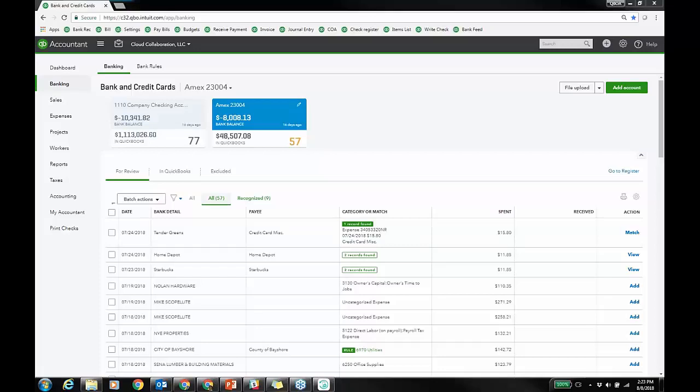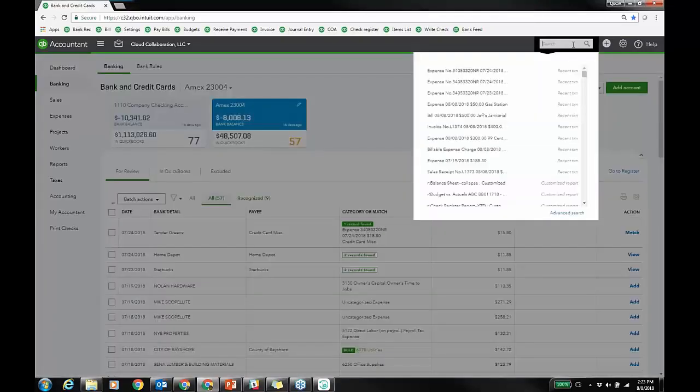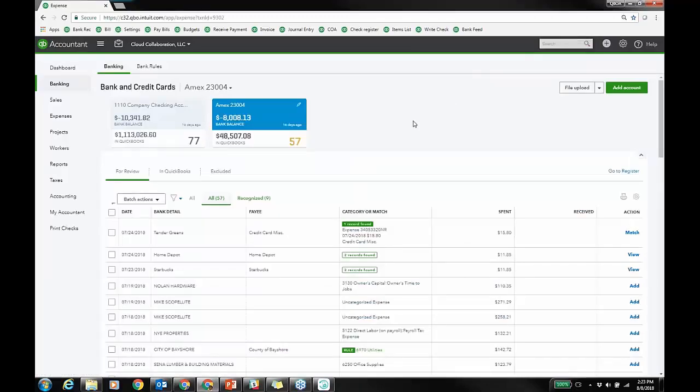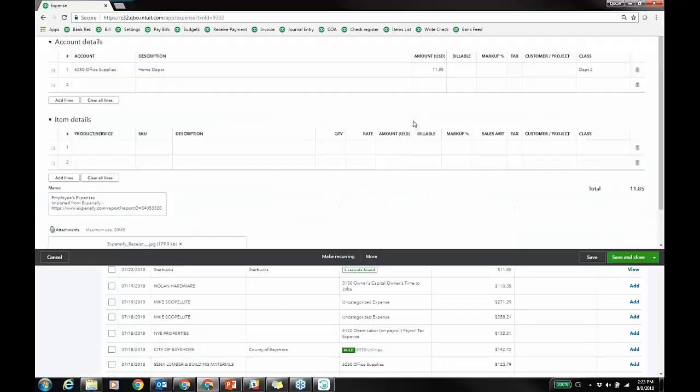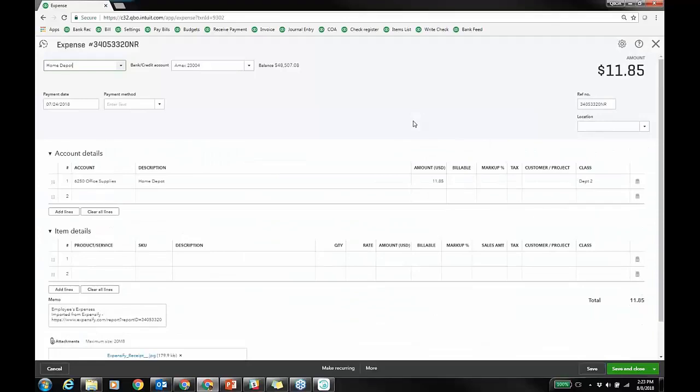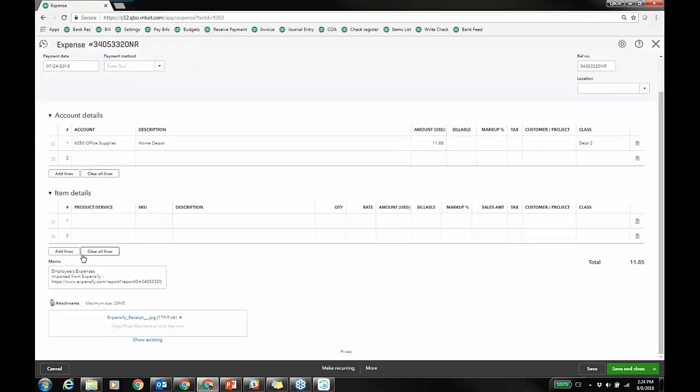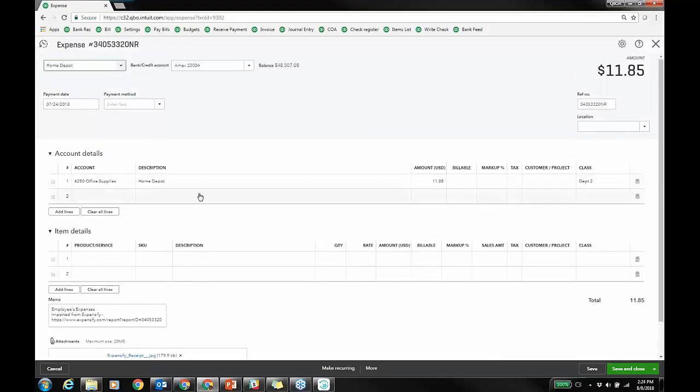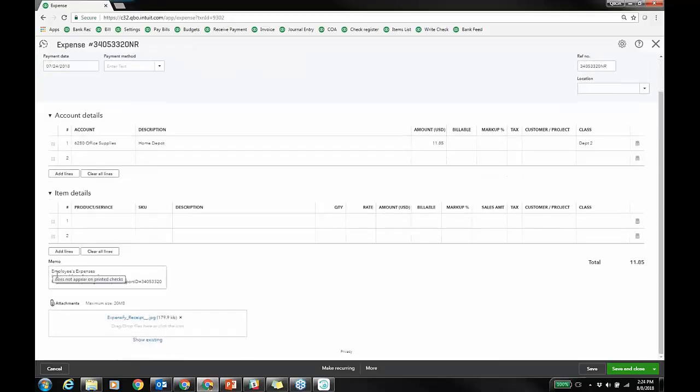We'll focus on the Tender Greens and how it came over. Also, you can see them come over just when you left-click in the search field, and I have these expenses right here that came over from Expensify. So if we were just to drill into one right now, just to show you how the transaction itself looks, that's the quickest way, to look in that search field or go to the vendor record or the expense window. But when I scroll down, I was noticing yesterday, this one is for Home Depot office supplies,